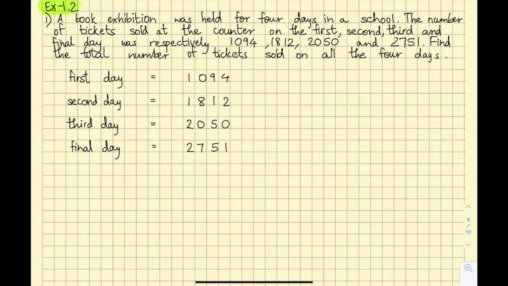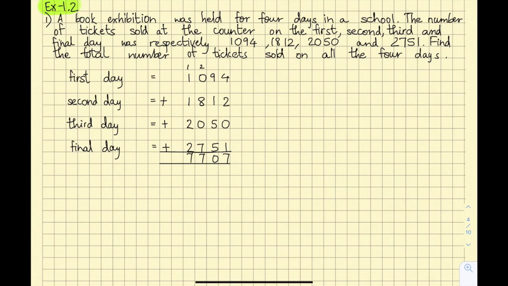Very important thing what you all need to do is you all need to write all the digits one below the other. It helps in addition. We are adding because they are asking us the total. So we add 4 plus 2 is 6, plus 0 is 6, plus 1 is 7. 9 plus 1 is 10, plus 5 is 15, plus 5 is 20. 0 and 2 carry. 2 plus 0 is 2, plus 8 is 10, plus 0 is 10, plus 7 is 17. Carry 1. 1 plus 1 is 2, plus 1 is 3, plus 2 is 5, plus 2 is 7.